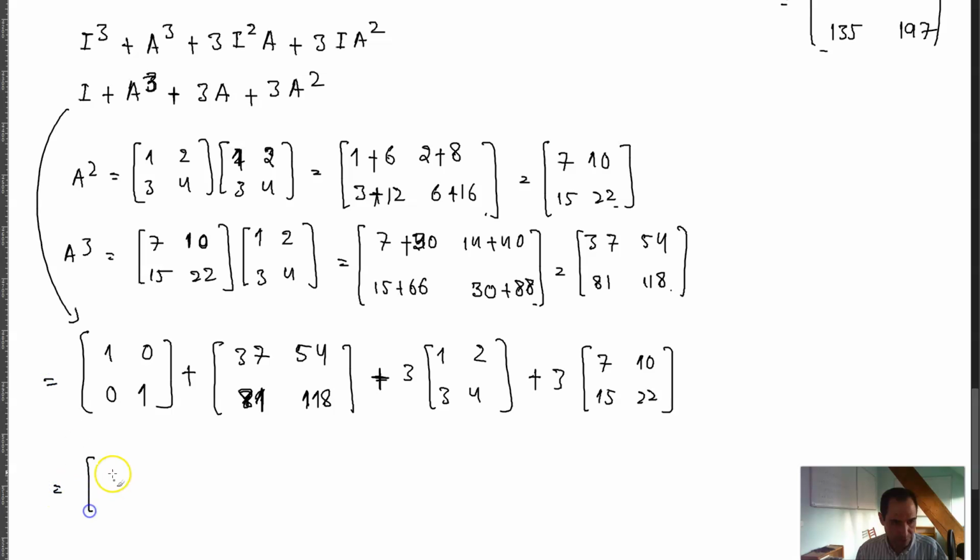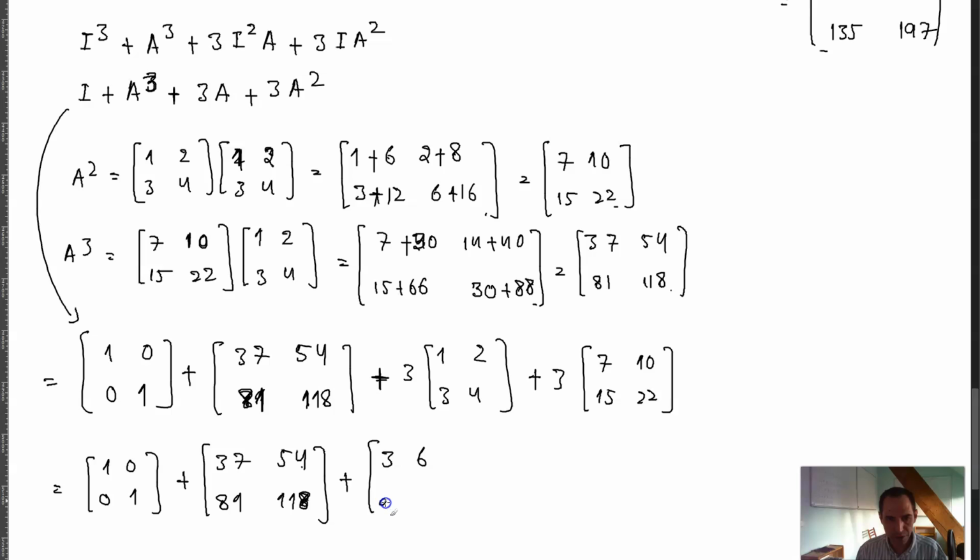which is the same thing as 1001 plus 37, 54, 81. I'm getting a little bit worried by now because the numbers actually are getting way too large. So 3, 6, 9, and 12 plus 21, 30, 45, 66,